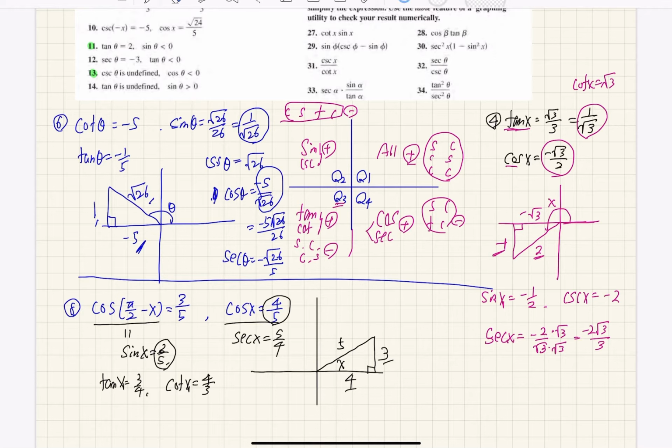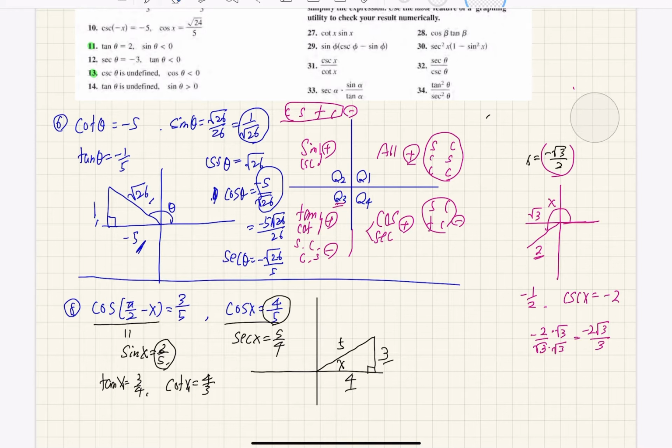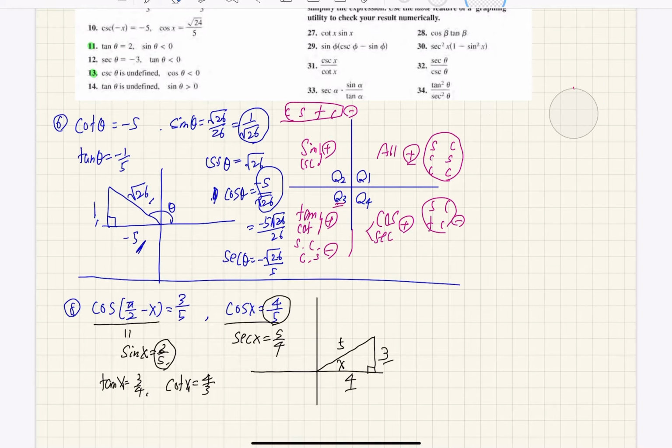Next. Let's erase this part. All right. Number 11,